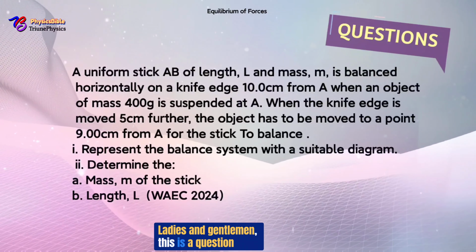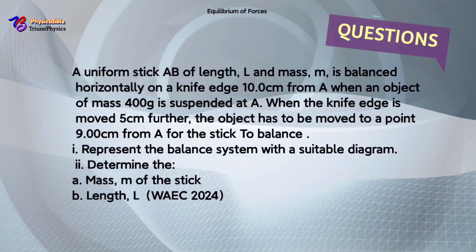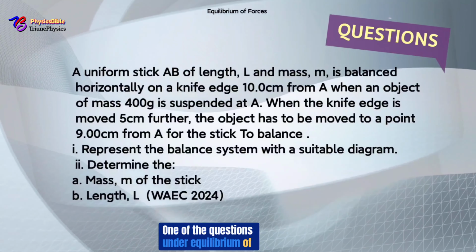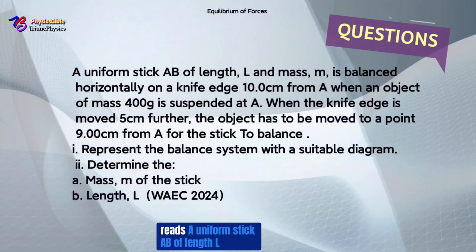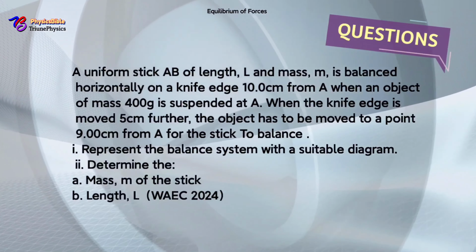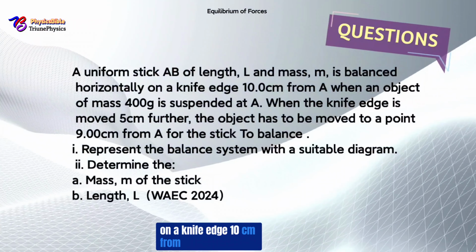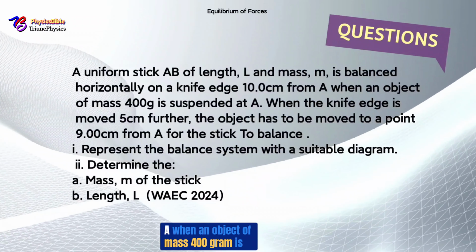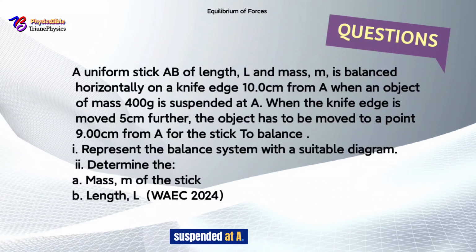Ladies and gentlemen, this is a question before us, WAEC 2024. One of the questions under equilibrium of forces. The question reads: a uniform stick AB of length L and mass M is balanced horizontally on a knife edge 10 centimeters from A. When an object of mass 400 grams is suspended at A,